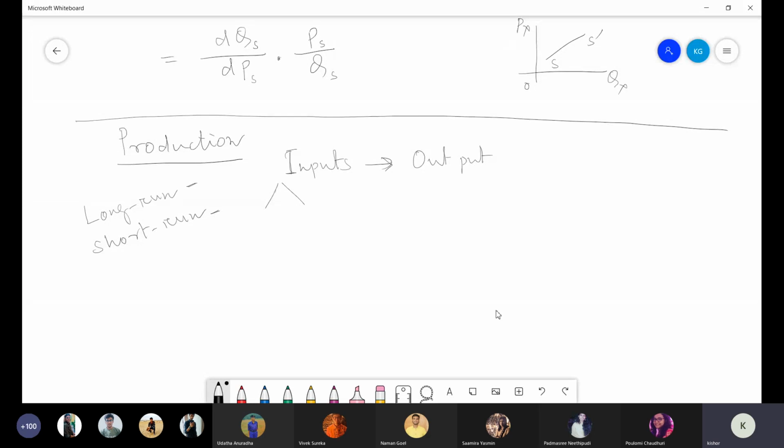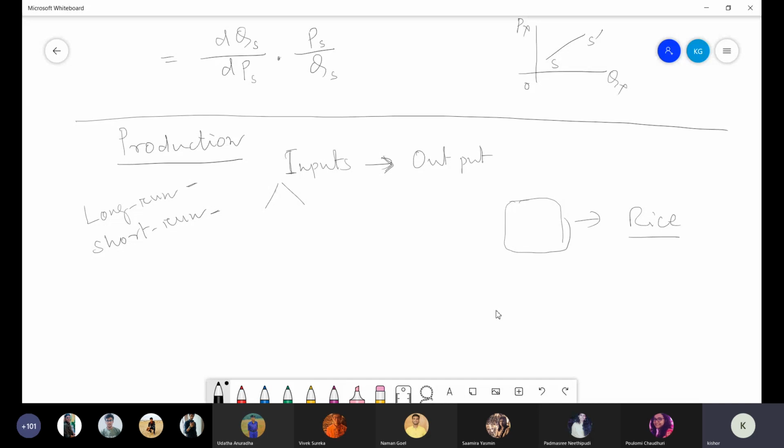And in our example, you already got the idea about output. Output may be anything that comes out from the process of production. Anything that goes into the process of production is input. Anything that comes out from the process of production is called output. Say, for example, I am a farmer producing rice. On a piece of land, I am cultivating rice. And finally, after harvest, I get rice or paddy, the raw form, or finally you may even get rice.